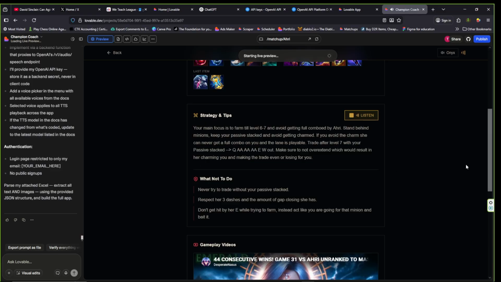Strategy and tips. Your main focus is to farm till level 6 or 7 and avoid getting full comboed by Ari. Stand behind minions, keep your passive stacked, and avoid getting charmed. If you avoid the charm,